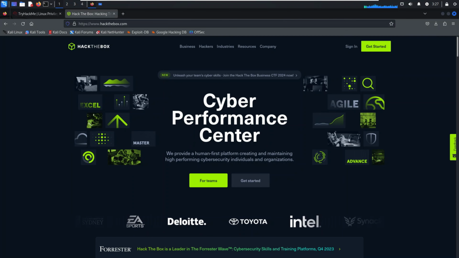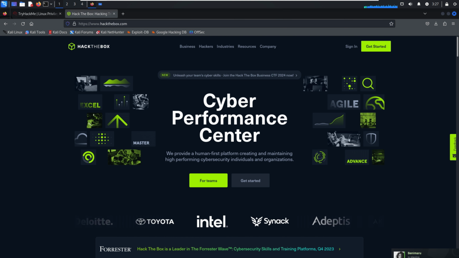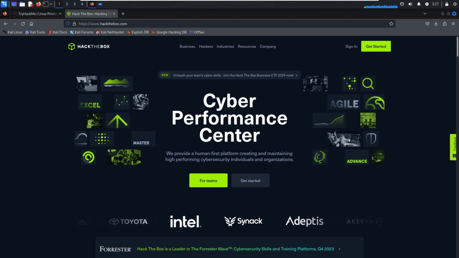So, HackTheBox is another popular online platform for cybersecurity enthusiasts and professionals, and it provides the platform for users to enhance their penetration testing and hacking skills through a variety of challenges known as machines. So, in TryHackMe, we can see they called it rooms, and in HackTheBox, they called it machines. So, these machines are virtual environments simulating real world scenarios where users can practice hacking techniques in a legal